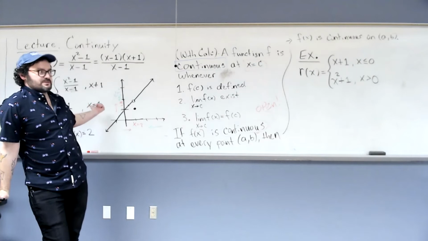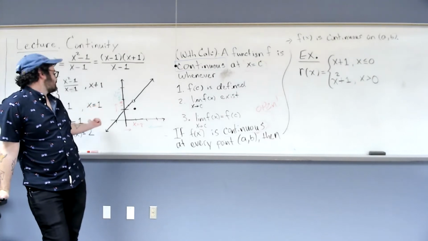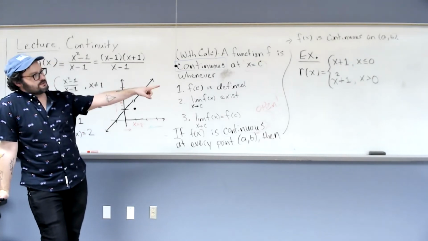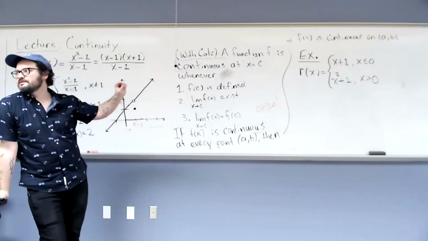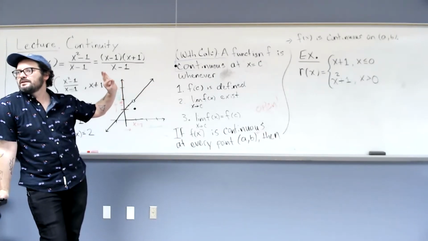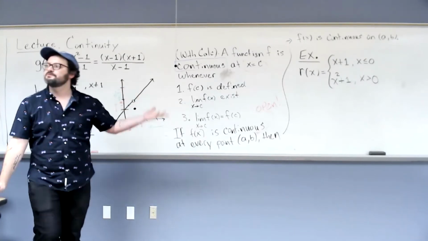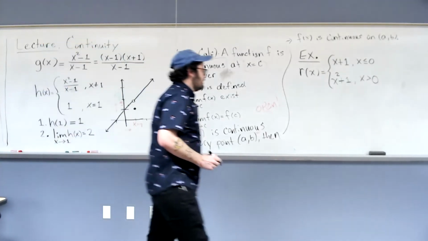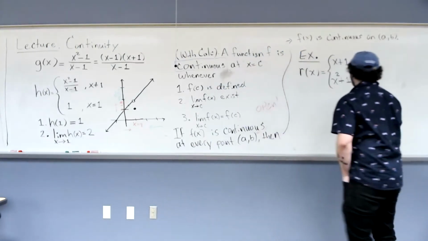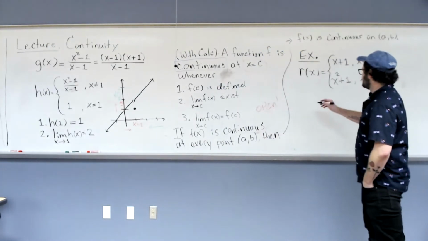So far, this one was discontinuous at x equals 1, but this one, it looks like at x equals 0, there might be something weird going on there. Maybe it's discontinuous at x equals 0. I don't know. We'll find out. So what does this graph look like? So the graph of this thing,